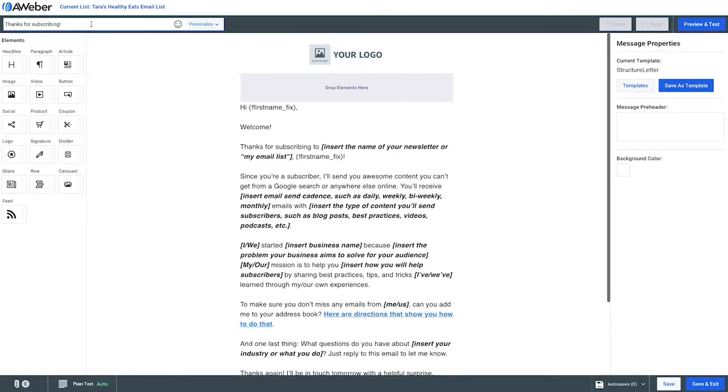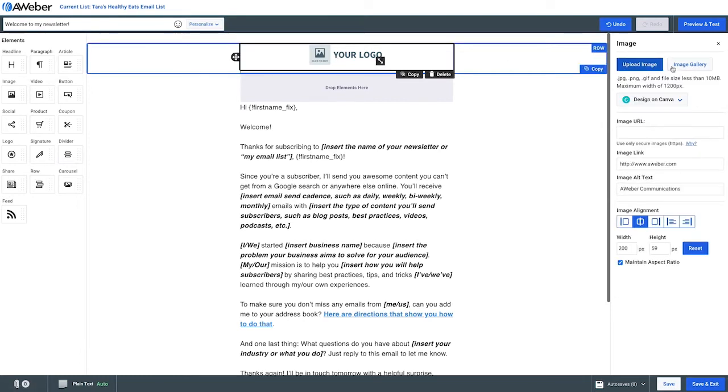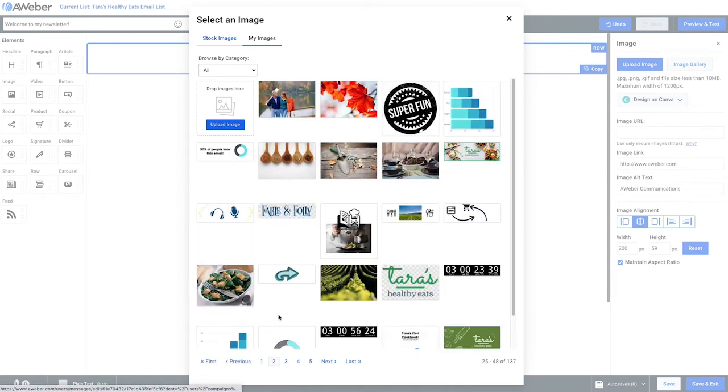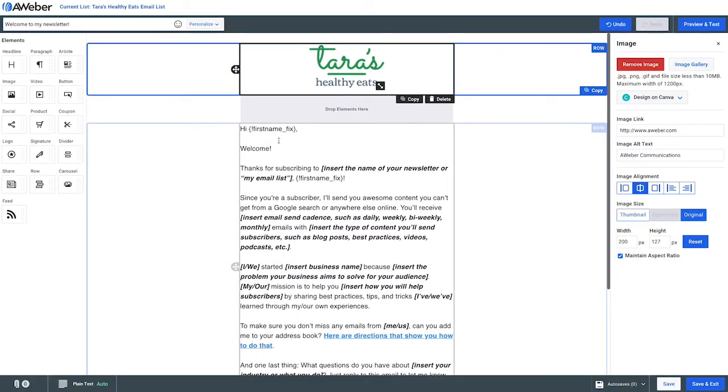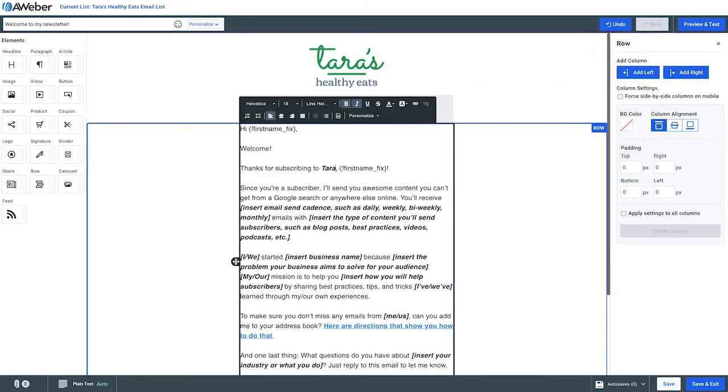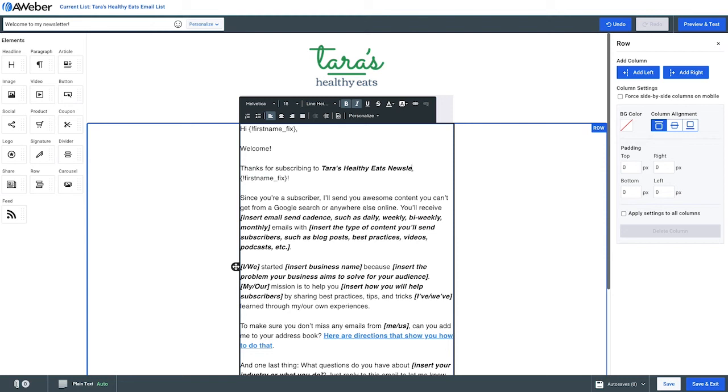And when I say customize, we want to add our own subject line. And other things like our company's logo. From there, we'll customize further by adding our own content right here. What's really helpful about this email is it has a template that allows you to fill in the blank and put in the important content you should include in your welcome email.